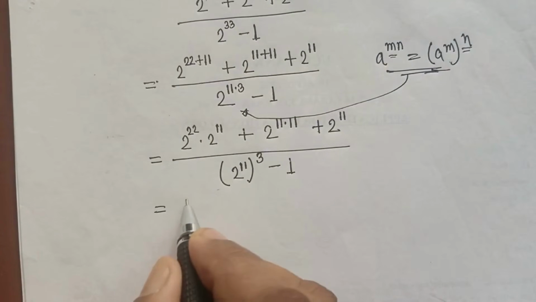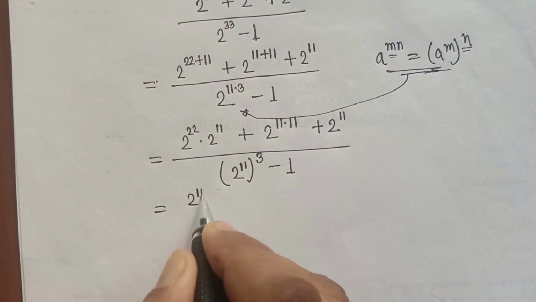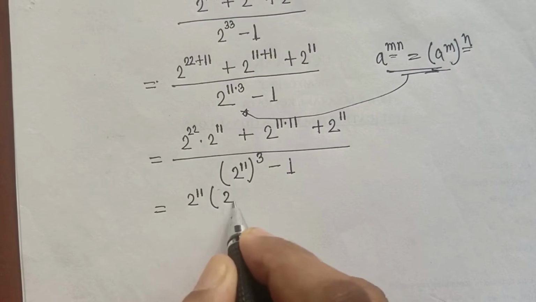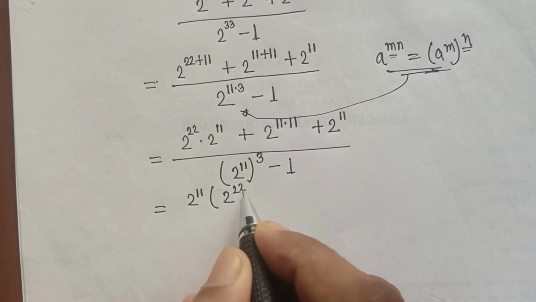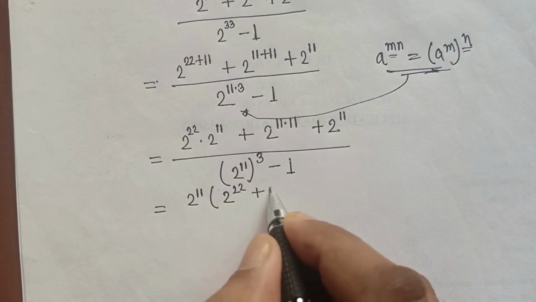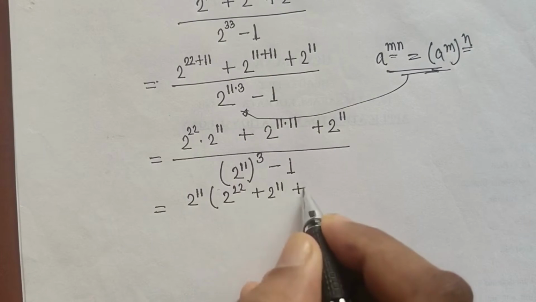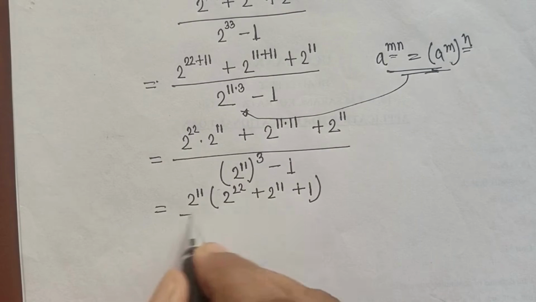Now we take common 2 to the power 11 and the rest part will be 2 to the power 22 plus 2 to the power 11 plus 1 by,